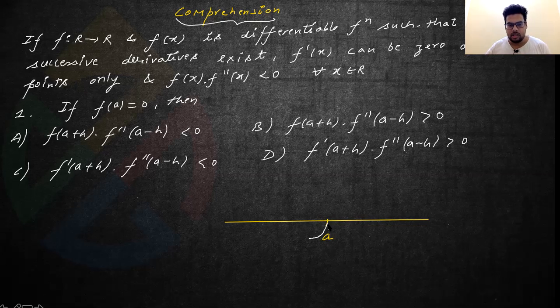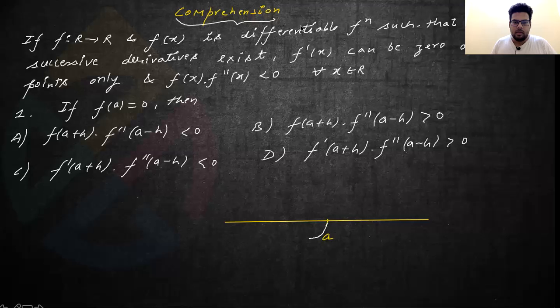So it is moving, let us say concave upward like this. When this crosses x equal to a, and it goes up, f(x) will be positive. So when f(x) is positive, the double dash has to be less than 0, right? So when it crosses a, f(x) will be positive, so the double derivative has to be negative. So like this. And similar will be when, let us say, this is the point A.